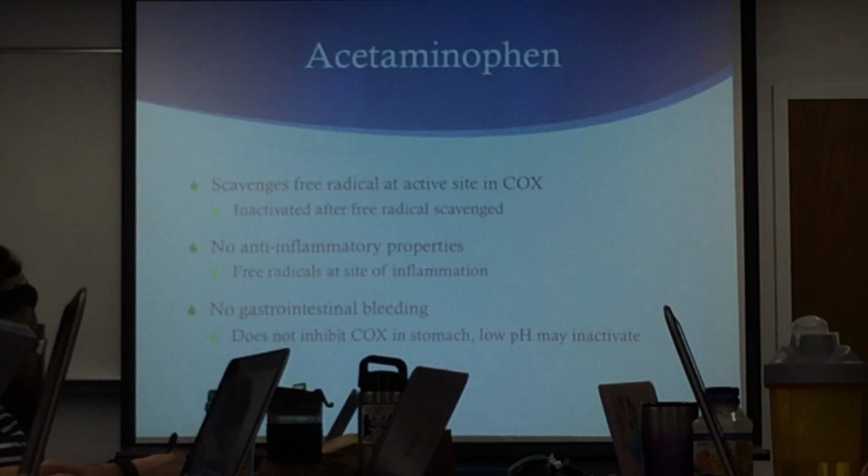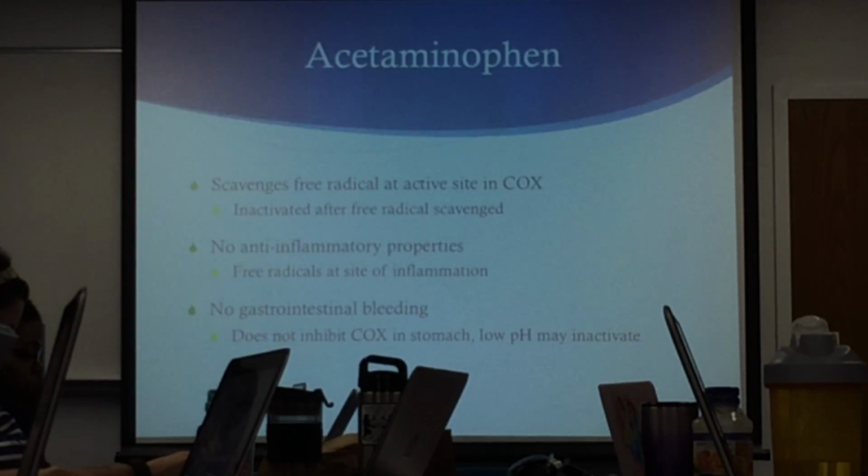The reason that's postulated for this is that when you have injury, you have sites that generate inflammation, there's a lot of free radicals being generated. So once acetaminophen scavenges a free radical, it's done. You can't do it again. You can't scavenge more, so it's what's called a suicide inhibitor. So once acetaminophen scavenges a free radical, it's converted to an inactive substance. So when you have tons of free radicals present at the site of inflammation, you're inactivating all the acetaminophen before it can turn into the